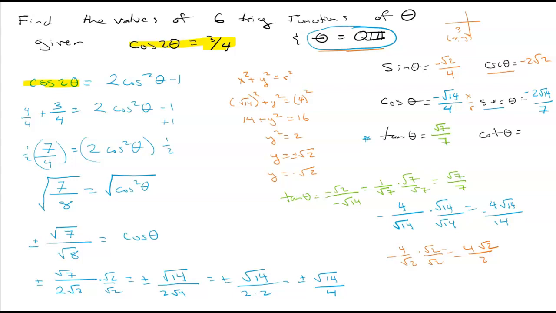Right? For cotangent, I'm just going to flip this guy right here. So this will just be a positive root 7. Okay, and if you're wondering how I got 1 over 7, think about root 2 over root 14. It's the same thing as saying 2 over 14. I'm simplifying it to 1 over 7 and then putting it into its own radicals. Radical of 1 just stays as 1. Okay,